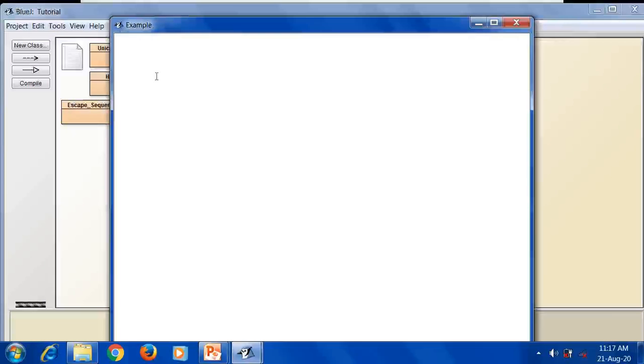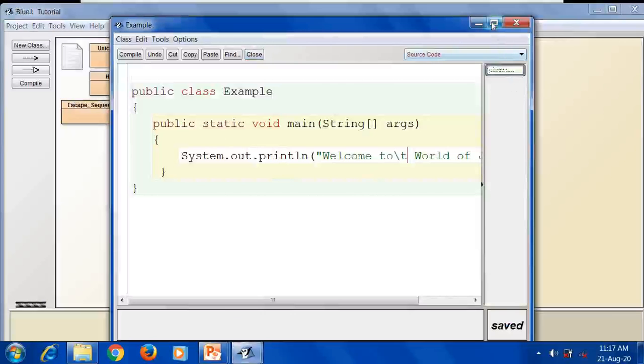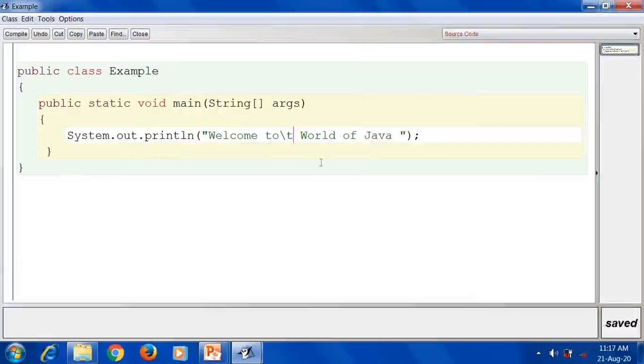Next, if you want to print only this word in double quotes, in that case write a backslash before the quote. Let us see.